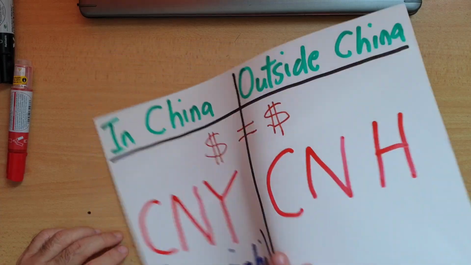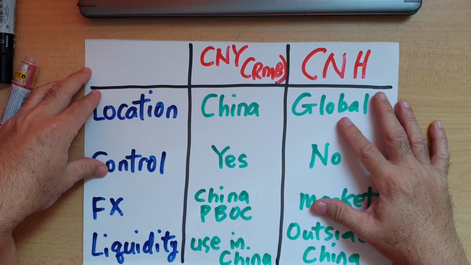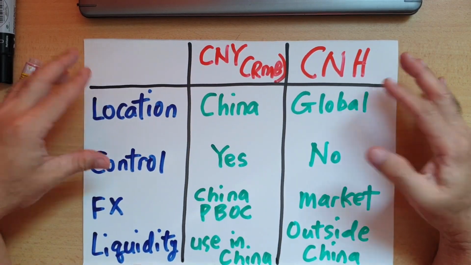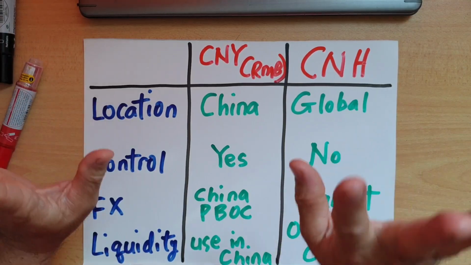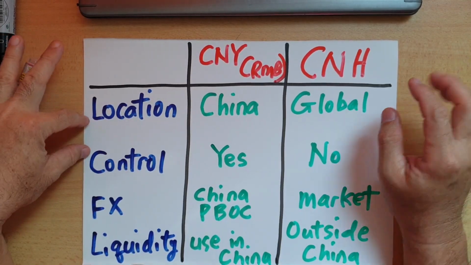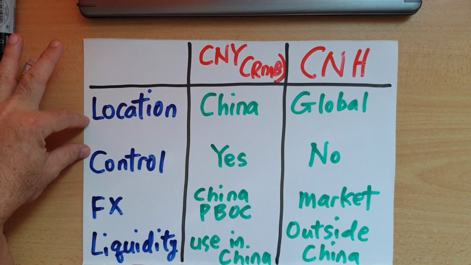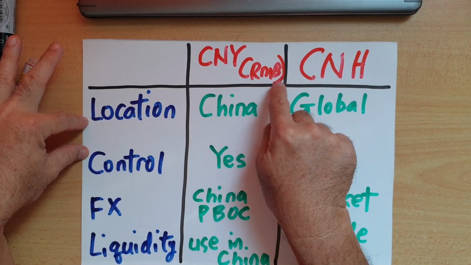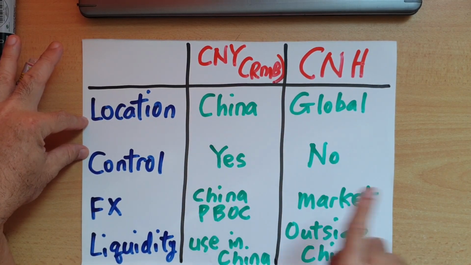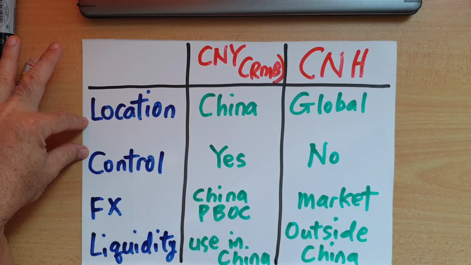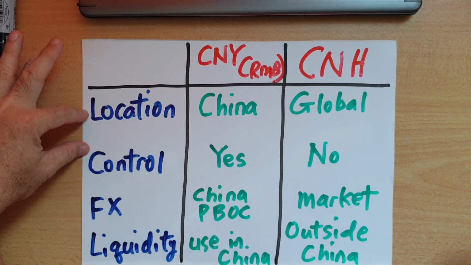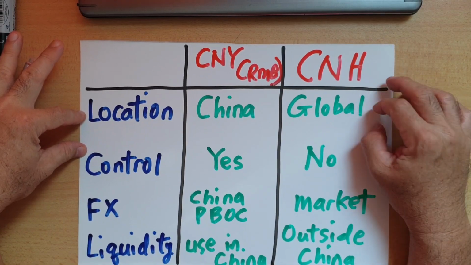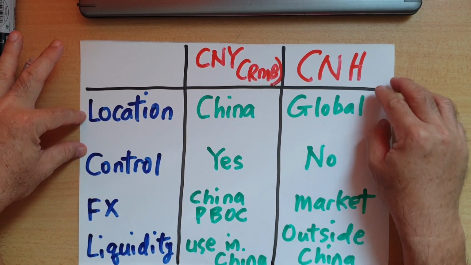Now, to go deeper, to give you even deeper understanding of the differences in these two, the same name but same currency. Now, if you look at the first one, I classify it under location. So CNY or renminbi are those currency that circulate in China, within China. And those that happen to flow outside of China is called CNH. So this is used in a global arena.